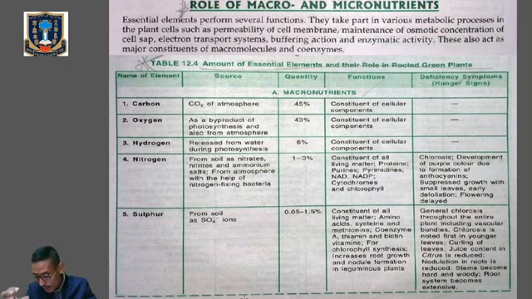Clear? So kindly go through page number 12.9, where you will get table number 12.4. You have to go through it. Clear? So let's discuss the role of macro and micronutrients, because essential elements are very important for the growth